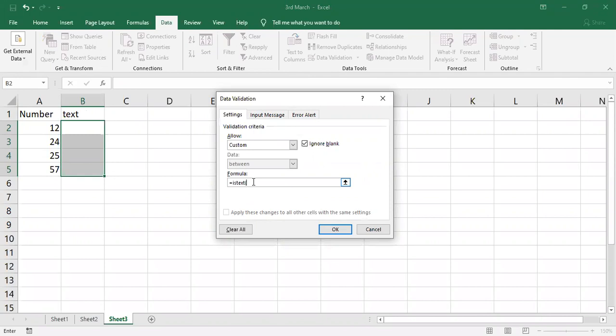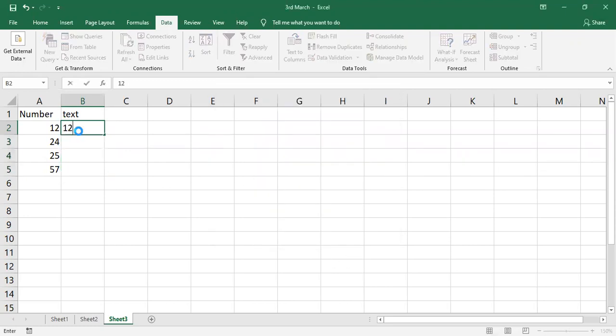I have selected this range because I wanted to give data validation for these cells. When you're giving the formula, you have to give is text. You should not give a space between is and text. And then the cell address, B2, the first cell which you have selected, you have to specify. Click on OK. I'll give here 1, 2.